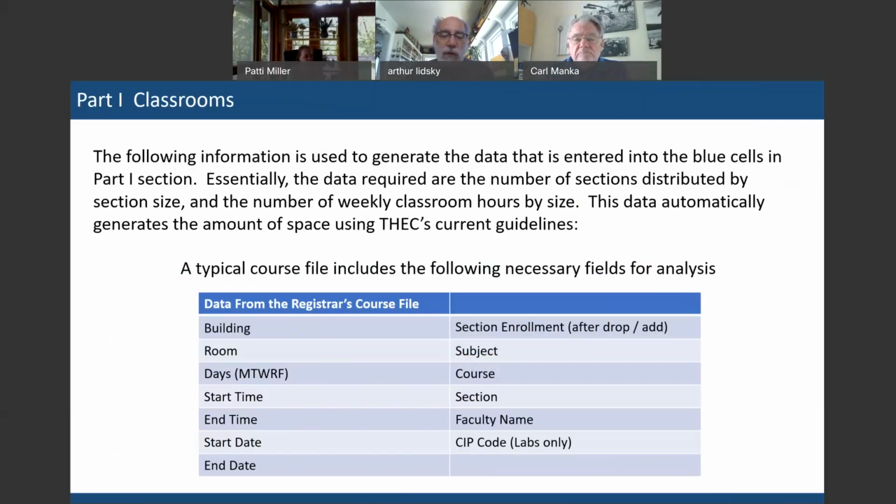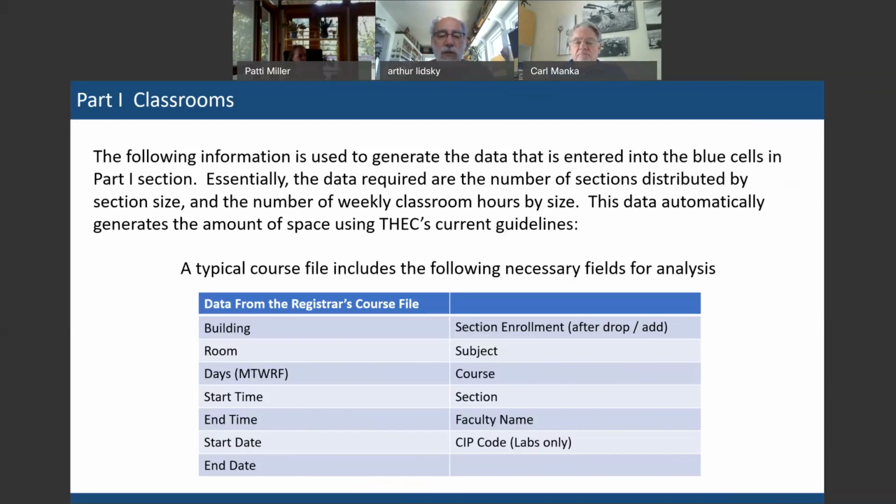But typical information is building, room, the day of the week that the room is being scheduled, the start time and the end time, the start date and the end date, because not all courses start at the beginning of the semester or end at the end of the semester. The section number, the subject, course, section, faculty name, zip code, and the enrollment. Student section enrollment should be after drop-add, because usually that's the time when the numbers more or less stabilize for planning purposes. All this information is useful as you start to think about the type of information that's going to be put